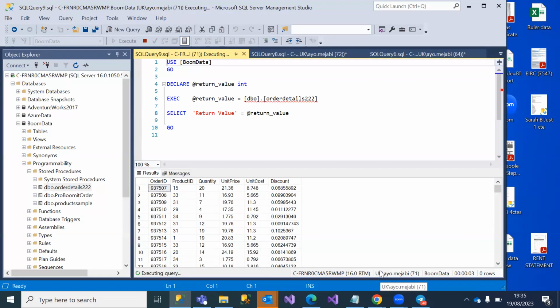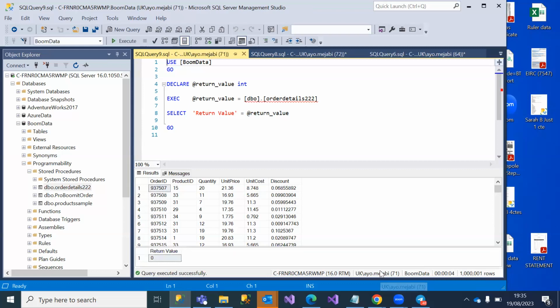Another reason why stored procedures are great is you guys are going to be using Tableau, Power BI, all of those things. So I say to people, write all your queries on the SSMS. Once you finish your code there, put it in the stored procedure. When you get to the other end, all you need to do is write one line of code in your Power BI or Tableau. I want you to go and pick this query from my SSMS, and the name of the query is just execute DBO order details 222, and that's it.